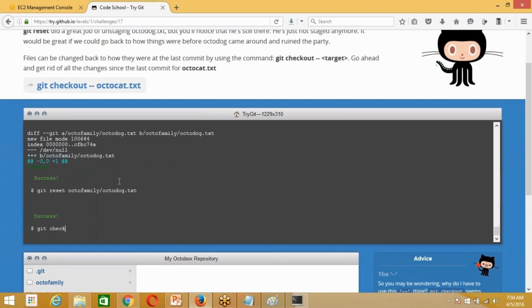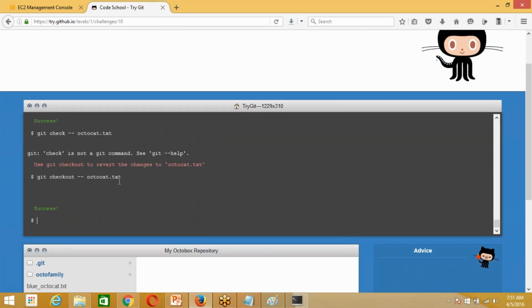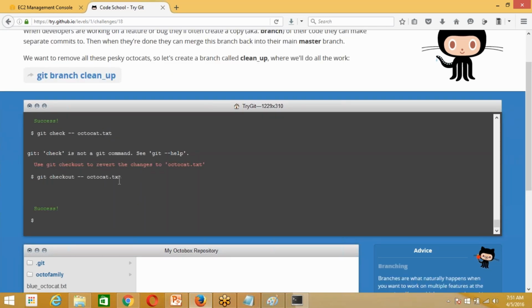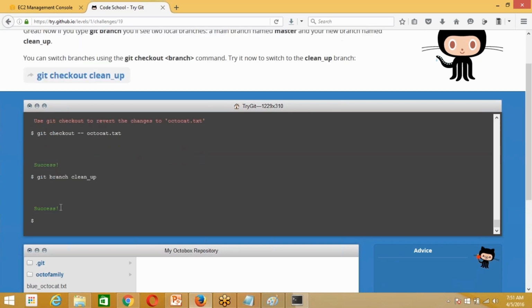Git checkout completes checking out the code to the repository. Now you can clean the branch. Clean_up is the keyword for git branch. You can clean up, and now you can check it out again.